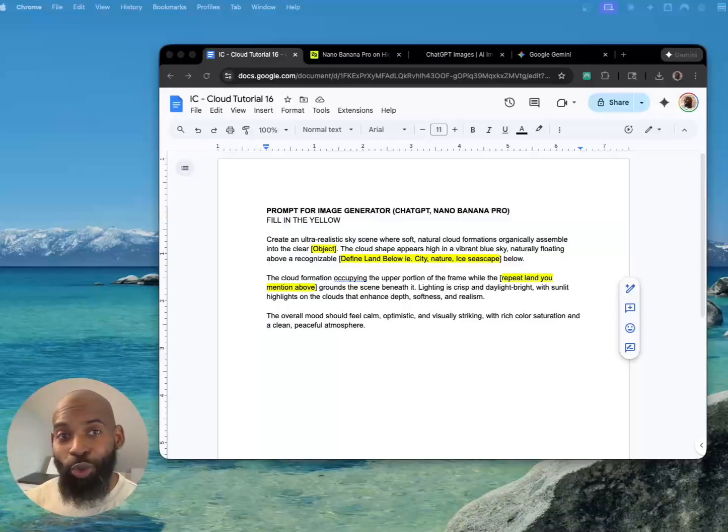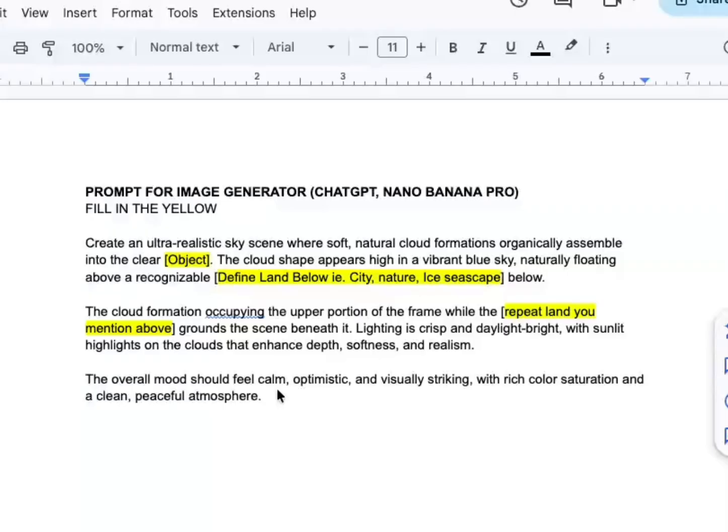Let us jump into an extremely easy one. It just takes one prompt and then we're done. Speaking of, here is the prompt. We're looking at it. So wherever you see yellow is where we will replace it with what we want the cloud to be, right? So the first one is for the object, where let's say we want